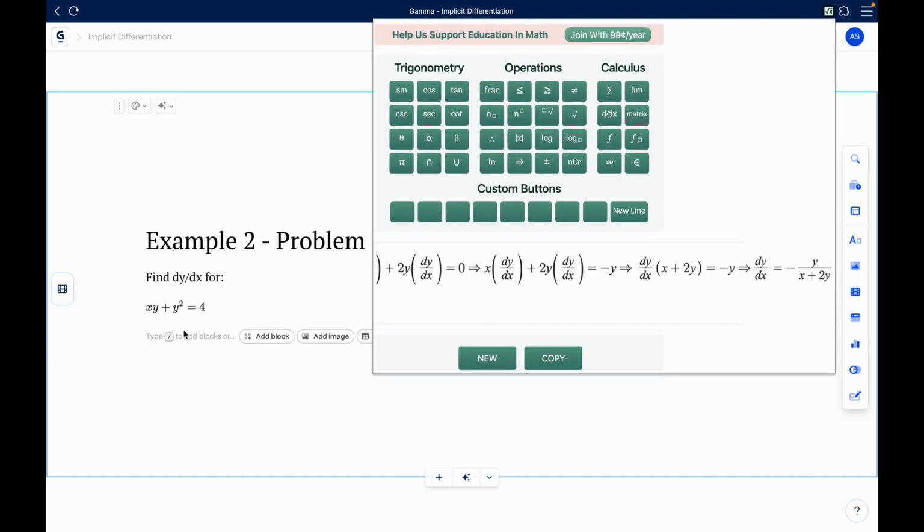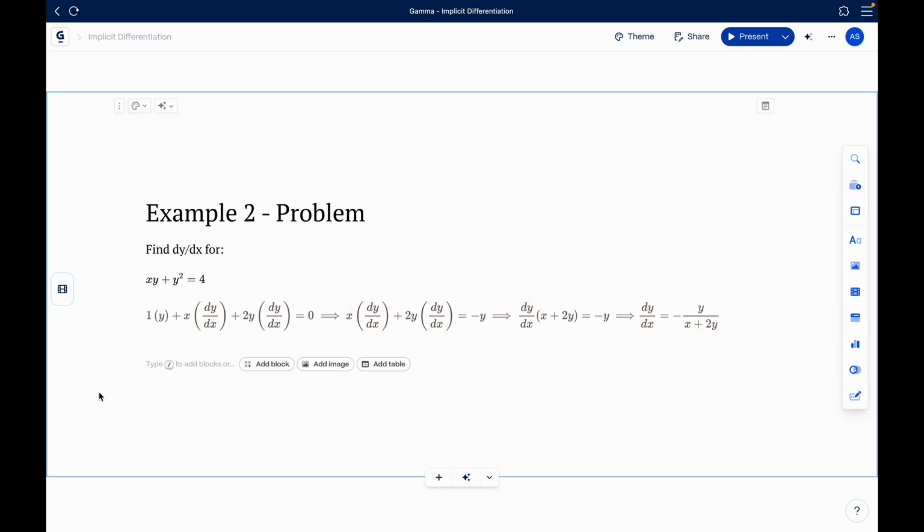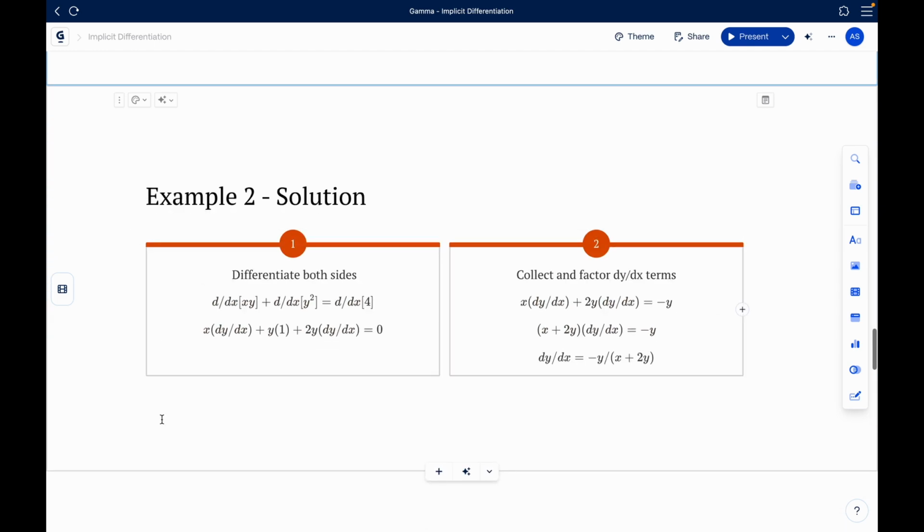And there you have it, our second example all completed. dy/dx is equal to negative y divided by x plus 2y. And over here is the solution, where we differentiate both sides, then collect and factor the dy/dx terms. And as I explained in the first example, from now on I'll be leaving the timestamps to all the solution slides in the pinned comment or in the description, most likely in the description, but I might also do it in a comment, just so you guys don't have to fiddle around and find these slides